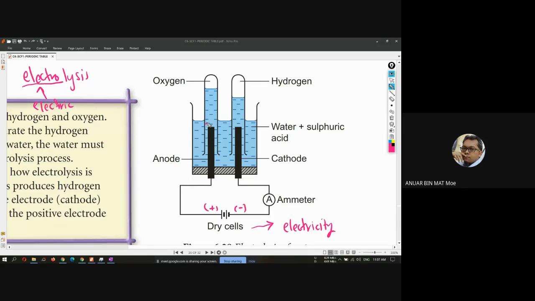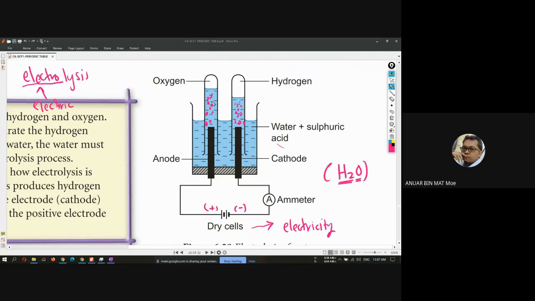there will be bubbles coming out from the rods. And if you leave it for about 10 or 20 minutes, the bubbles are actually the gas produced from the water. Meaning that we will be able to separate the elements of water, because water is H2O. Okay, because we have two atoms of hydrogen and only one atom of oxygen.